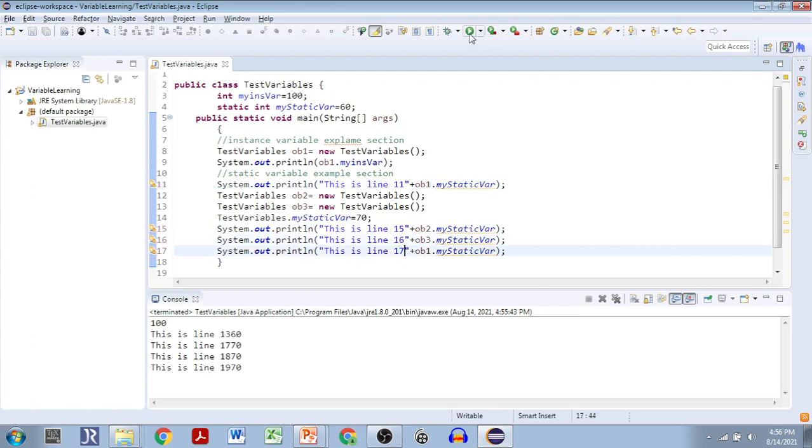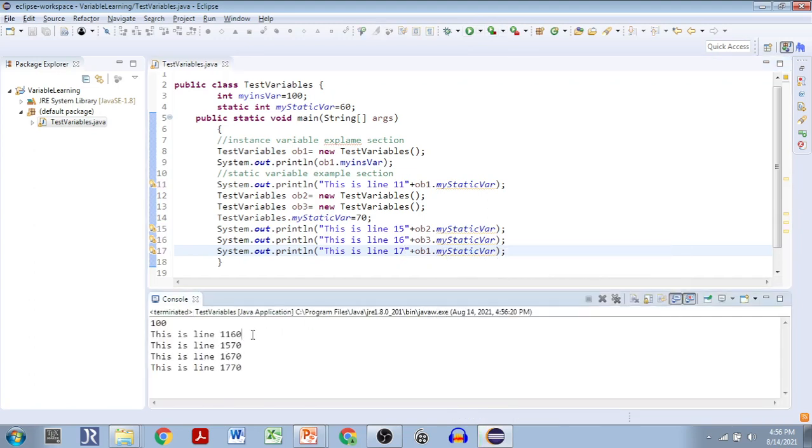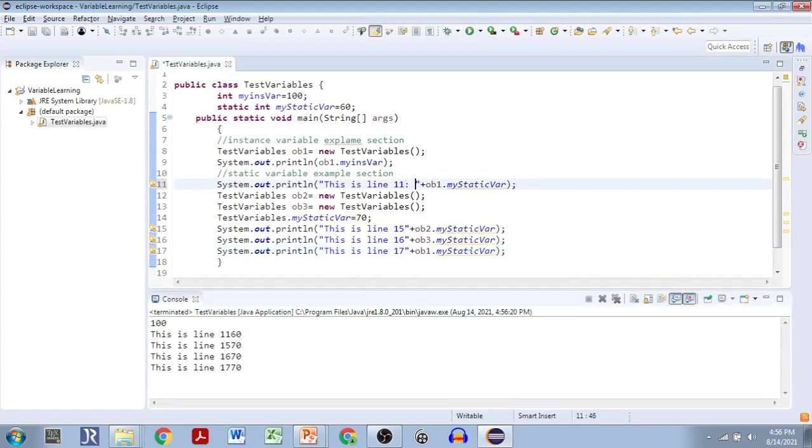So now you will run it. You can see that line number 11 is giving the value 60. Line number 15 is giving the value 70. It is modified to 70 because in line number 14 we have modified the value over there. And then line number 15, 16 and 17 are showing the changed value.